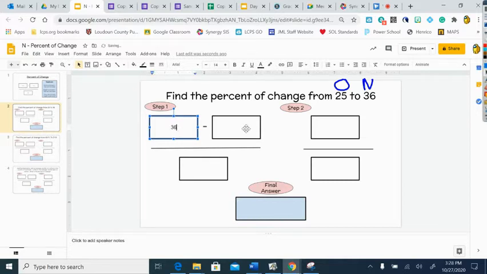So everyone make sure you got the 36 in there, minus 25, divided by our old 25. If I did that, I would use my calculator and I would do 36 minus 25 and I would get 11. And then I'm going to divide it by 25. If I took my calculator and I did 11 divided by 25,